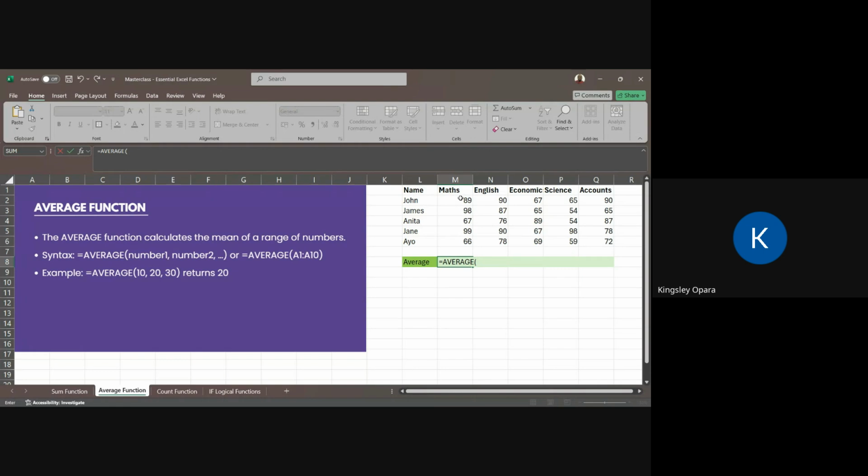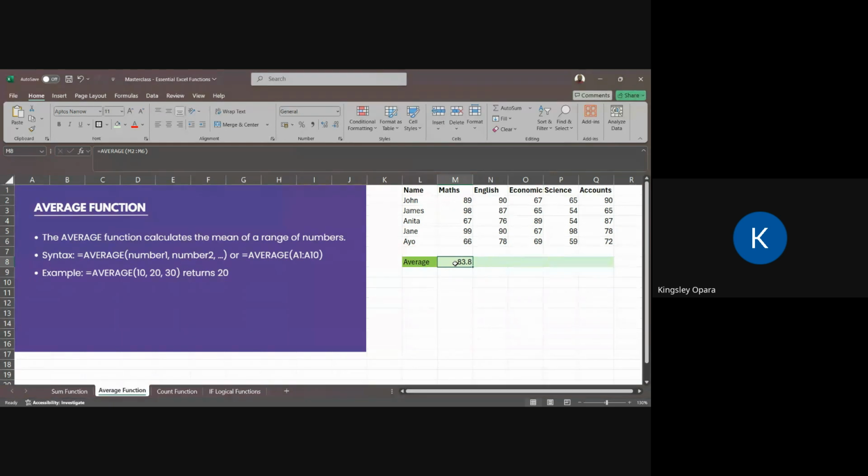Okay, and then I select all of these numbers, close the bracket, hit your enter button. So on average, you can say that this class has an average of 83.8 as the score of every student in this class. If you want to rate the math teacher of this particular class, you can say, oh yes, the math teacher has done well, because on average the majority of the students are scoring as high as 83.8.